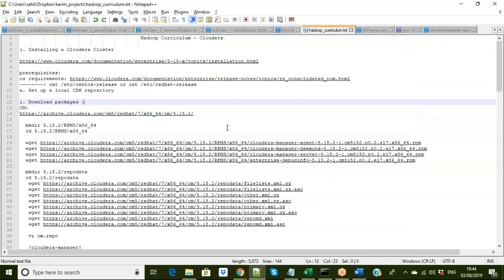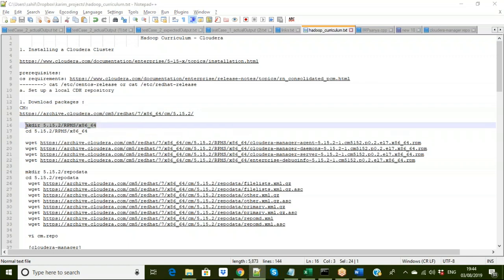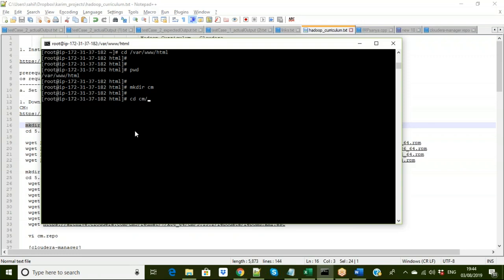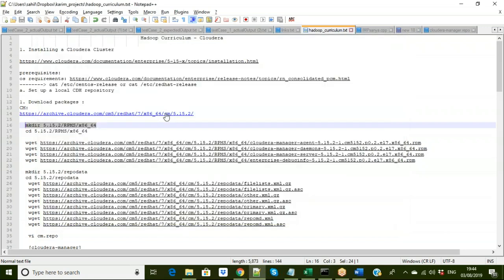We already made a CM directory, right? After CM, probably we need something like X 5.15.2 and X. So that's why we have made. Let's go to the CM first and make 3 more directories into it. Okay. So basically these 3 directories and the corresponding architecture, you cannot skip that because the repo data over